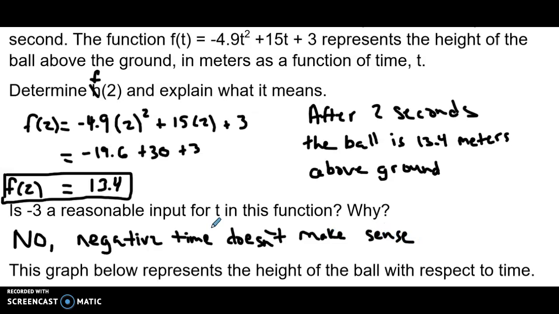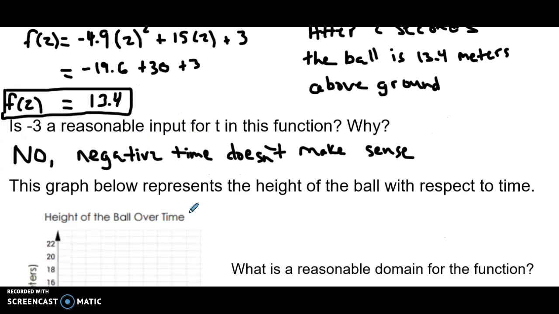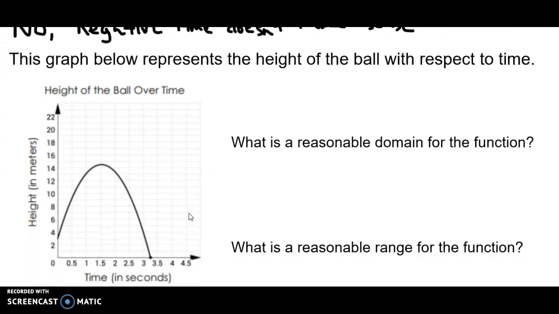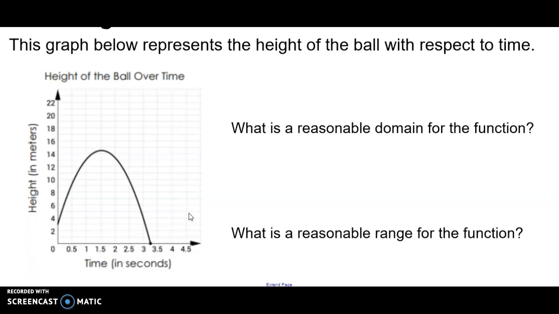All right, so that has to do with the domain. So we know that negative numbers aren't going to be in our domain because we wouldn't input negative times. So now we have a graph. So this graph represents the height of the ball with respect to time. So this graph is actually the same as our equation or our function f of t equals -4.9 t squared